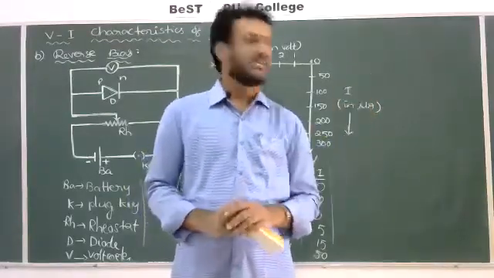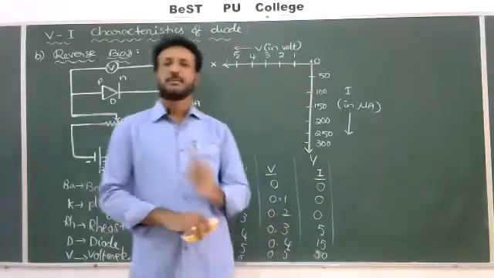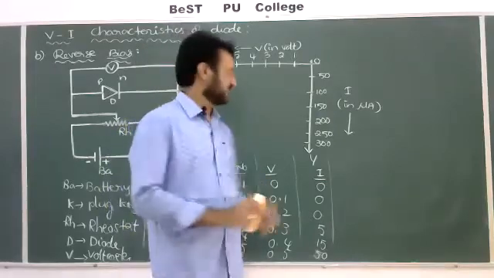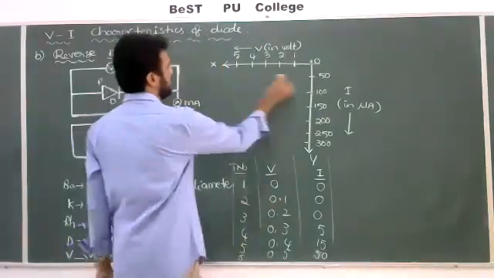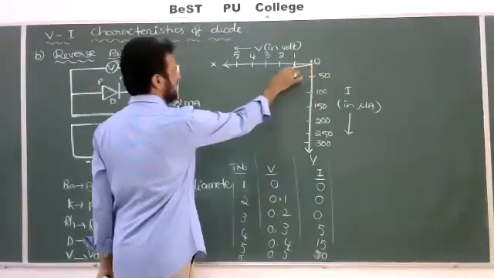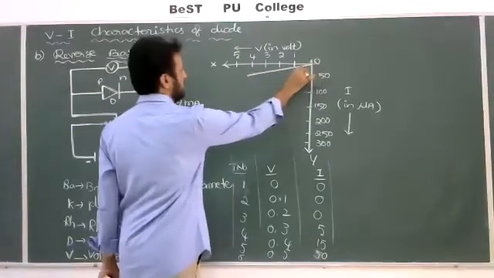That's why here we have to remember only one important definition. What is meant by breakdown voltage or Zener voltage? Check here. When the diode is connected in the reverse bias, as applied voltage increases, almost a negligible current is flowing through the circuit. So here it is a negligible current.